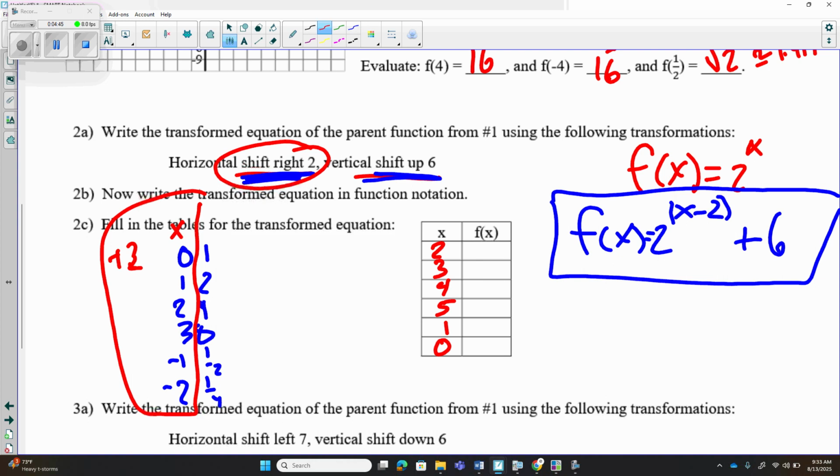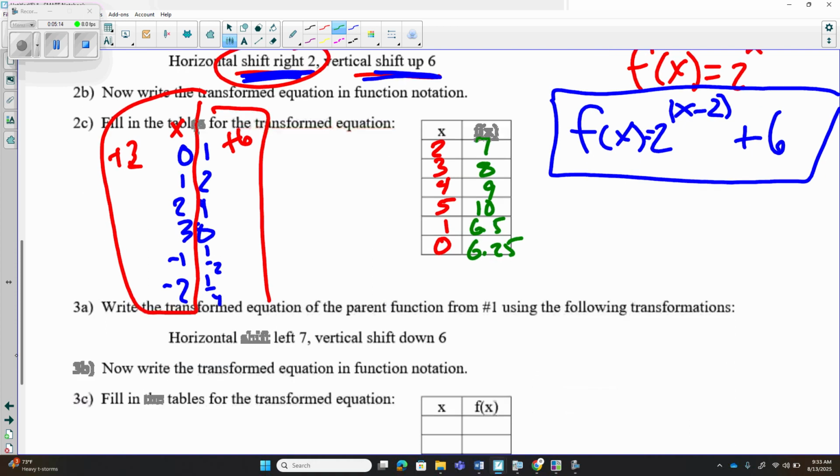And on this side over here, I'm going to add what? I'm going to add 6. So that should give you 7, 8, 9, 10, 6.5 and 6.25. Okay? Now, this is done, and we're doing it in table value form. It is important to be able to do both. I'm going to show you here in a second how to do this on a graph. All right,